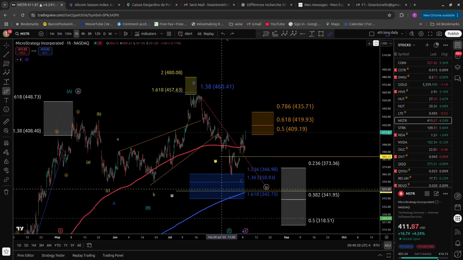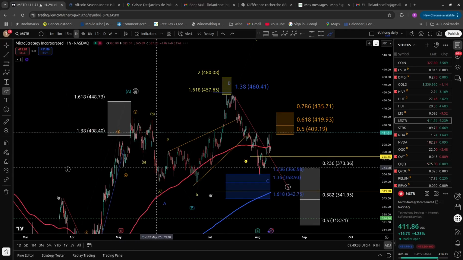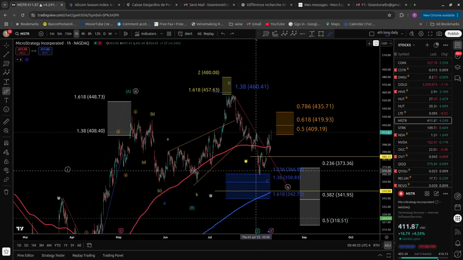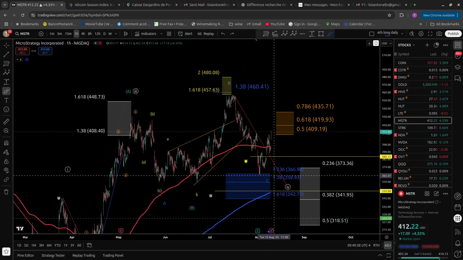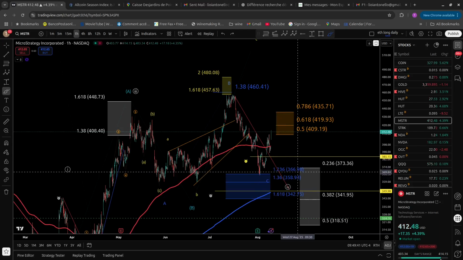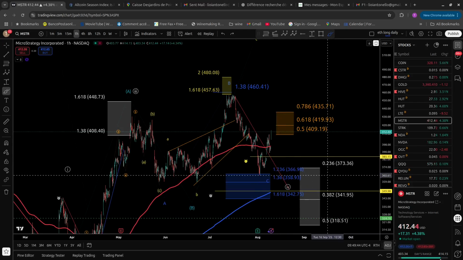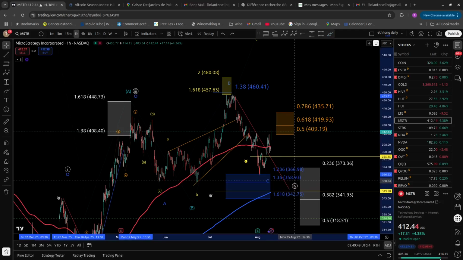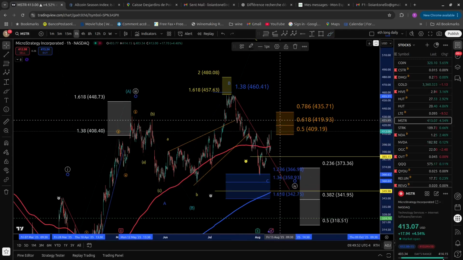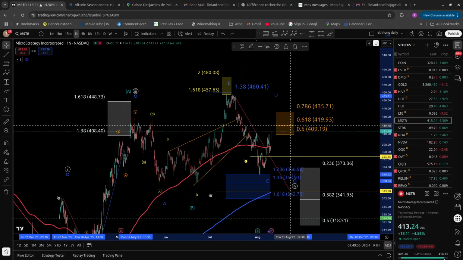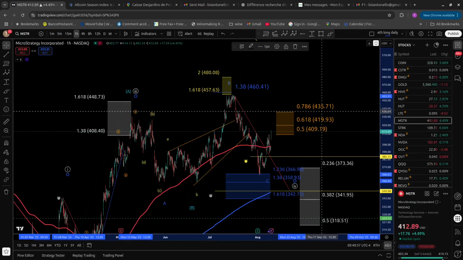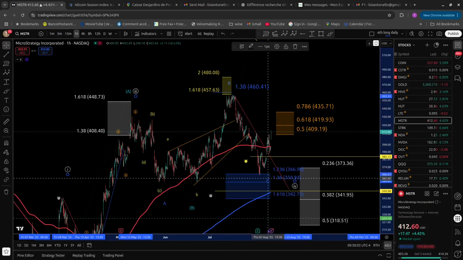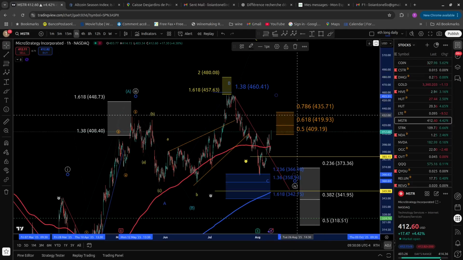But the ratio wave A, wave C, it did react to the 1.236. We did reach a little bit below the 0.236 fib retracement for this fourth wave. So technically this can be a completed fourth wave, and the price now is reacting. So once again, as for HOT and mining, if price goes higher than 435.71, then probabilities start to increase that this correction is done and we are already pushing higher.